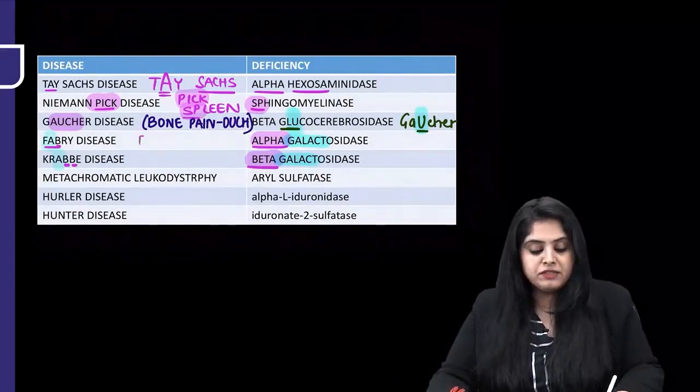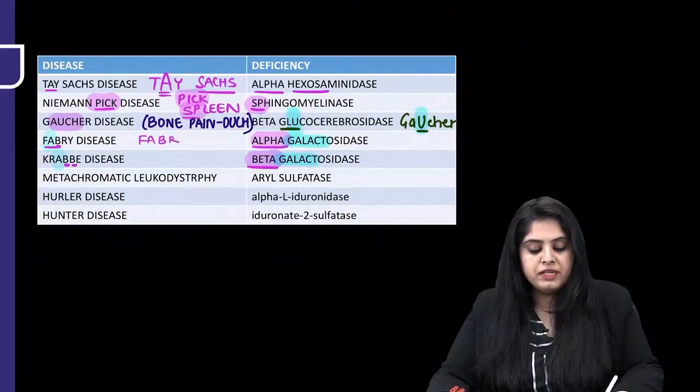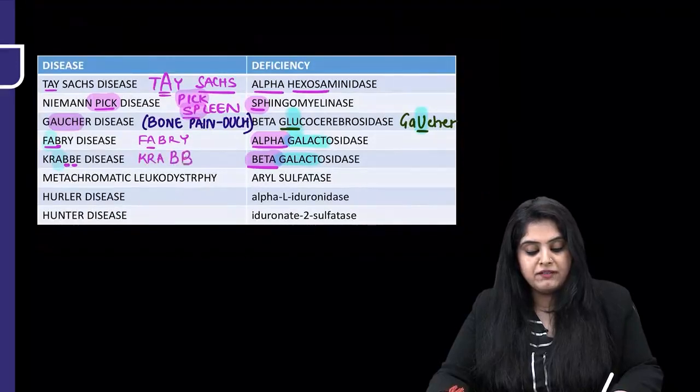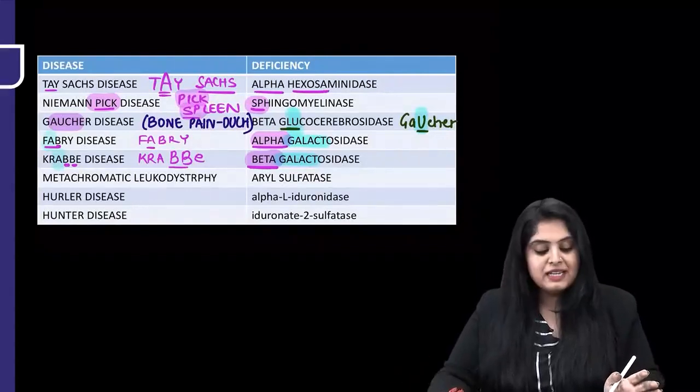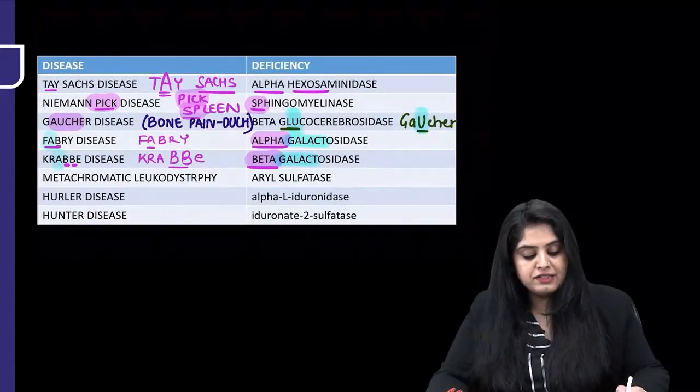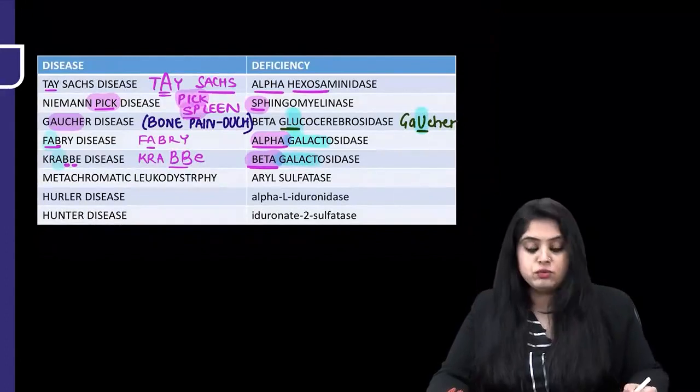So Fabry has one B, so I'm only going to keep simple alpha galactosidase. Whereas Krabbe is going to have lots of B's in it, so I will have to keep the beta galactosidase over here. Now there's no confusion. Now moving forward, there is something known as, before I go on to the next ones,